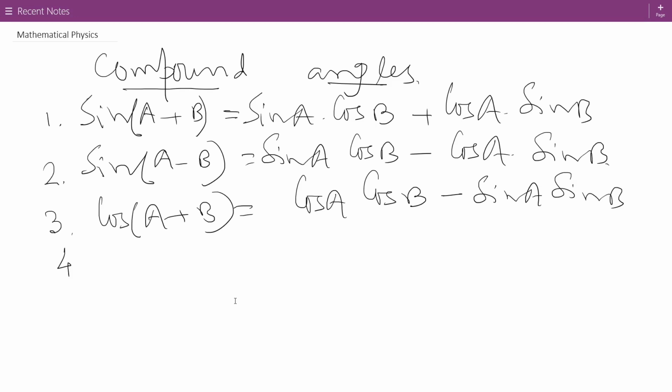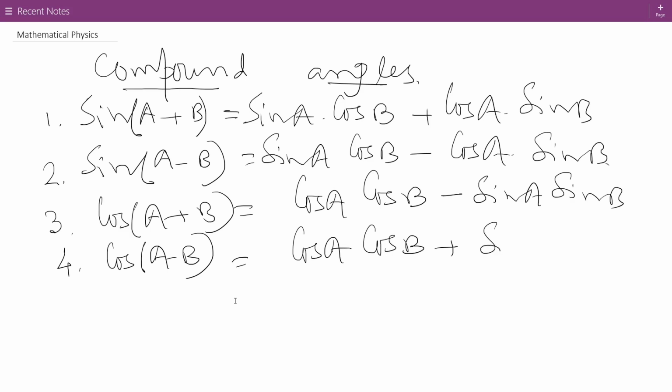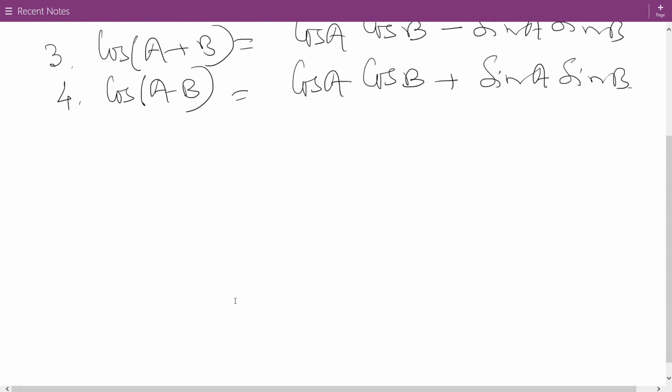and fourth, cos A minus B is cos A cos B plus sin A sin B. And for special cases, sometimes as a requirement we use